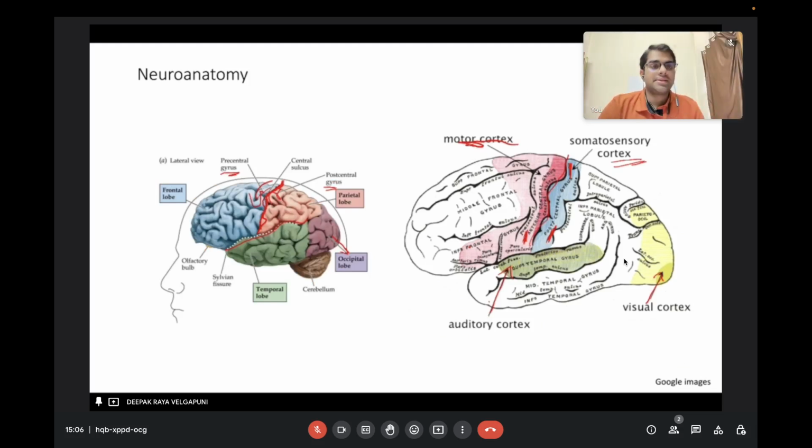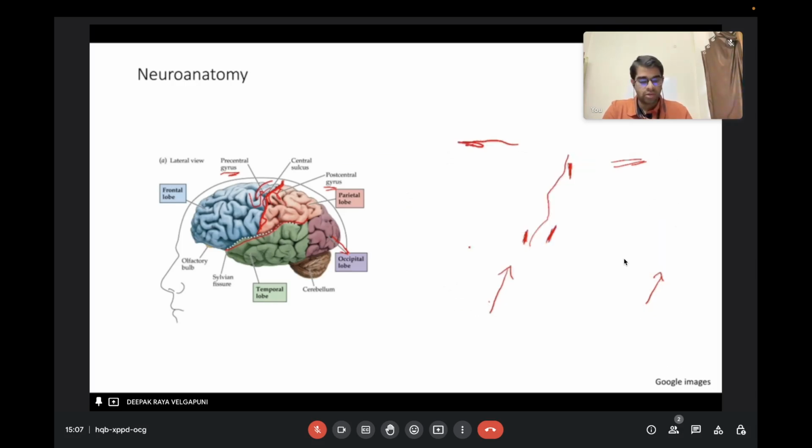Okay, is this clear about a few terms in neuroanatomy, basically the brain regions? Okay,